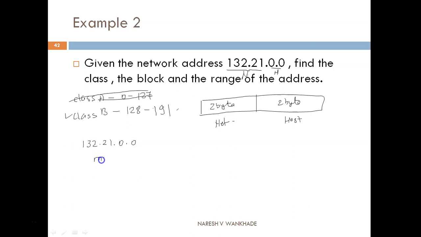The block runs from 132.21.0.0, which is the minimum value in the range, to 132.21.255.255, which is the maximum value of the block. It is a complete block.